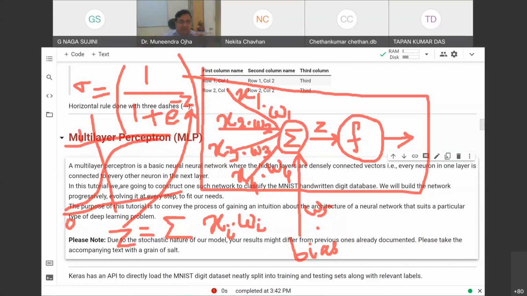So this squashes, it is also called a squashing function, sigmoid function, or a logistic function. It squashes the input into a range of 0 to 1, and 0 to 1 we have the probability value. So we want our output to be a probability value which is an indicator of whether the value is accepted or not. If the value is greater than 0.5, we say that okay, there is a higher probability that the output will be accepted. If it is less than 0.5, there is a lower probability that the value will be accepted.